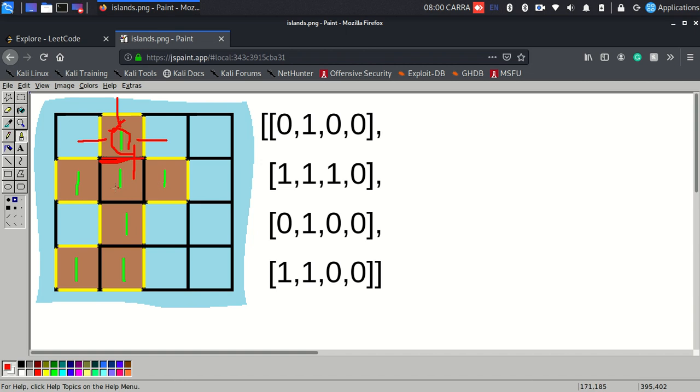Now let's come to this one. This particular one shares, I'll again go to its neighbors, up, down, left and right. So I'll find this common edge, this common edge, this common edge, and this common edge. So here also I'm finding common edges. How many common edges do I have? I have 4 common edges. So the perimeter accounted for this particular one would be nothing but 0, right? So this island accounts for 3 of the perimeter, this island accounts for 0 perimeter.